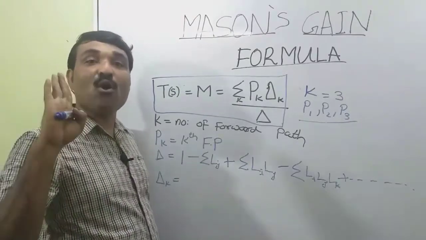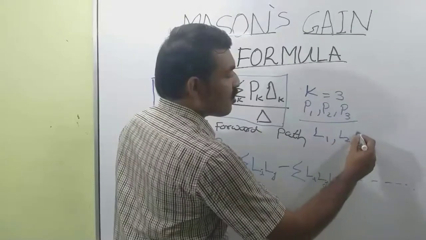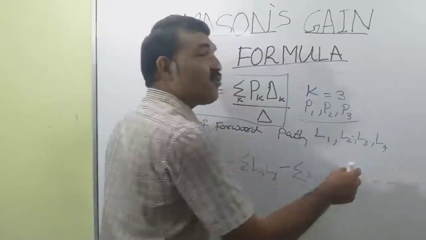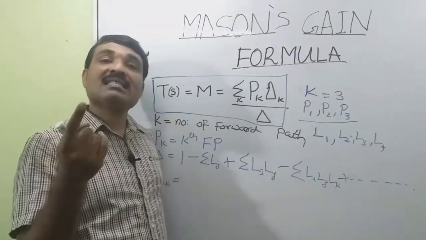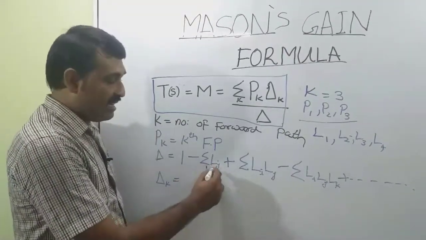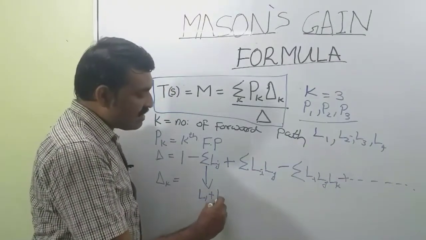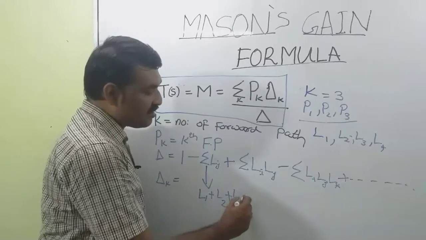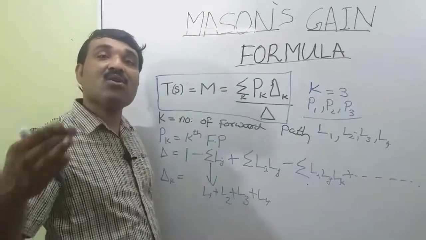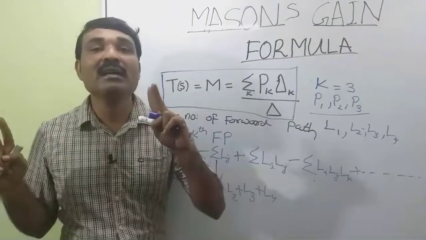Suppose we have 4 loops, denoted by L1, L2, L3 and L4, where L1, L2, L3 and L4 are the loop gains of the first, second, third and fourth loop. Now summation of Lj is the sum of all loop gains, that is L1 plus L2 plus L3 plus L4. Next is the summation of the gain products of all possible combinations of 2 non-touching